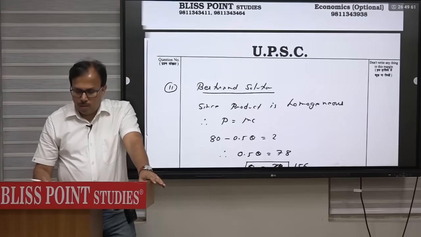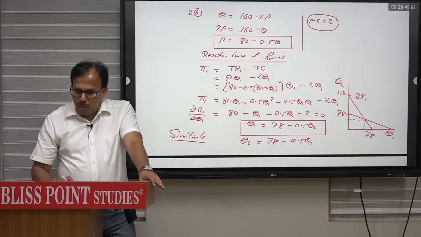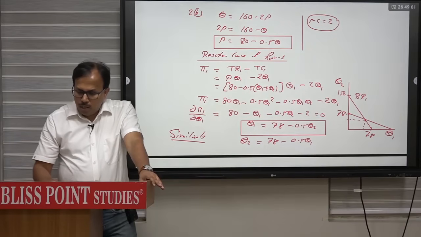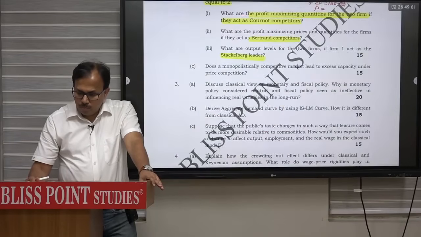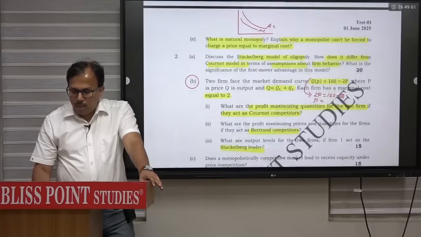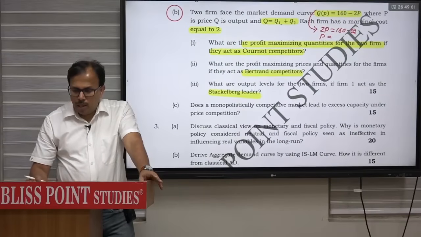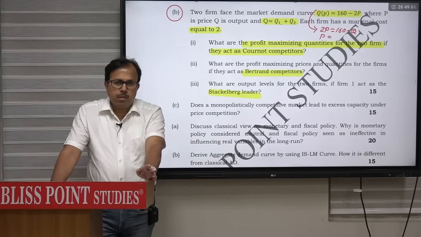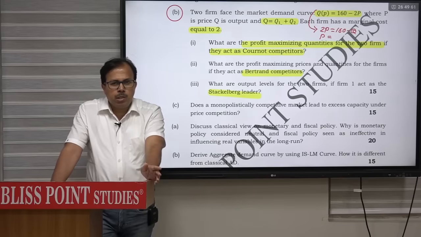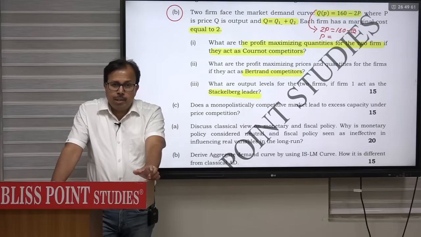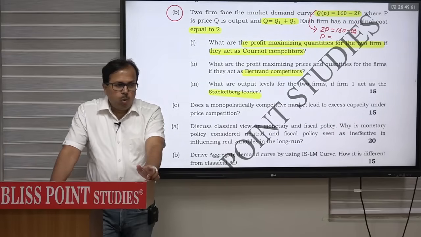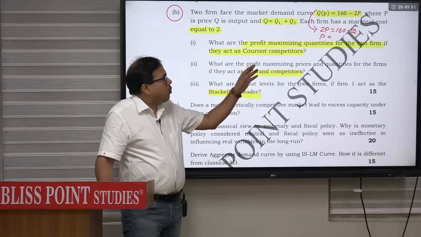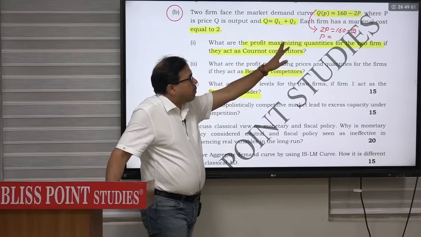तो this is one part. Now one part is clear, सेकंड पार्ट ऑफ द क्वेश्चन was what is Bertrand solution. अब बर्टन सॉल्यूशन में क्या ध्यान रखना है, बर्टन में अगर प्रोडक्ट होमोजेनस है, और पता कैसे चलेगा होमोजेनस है? If you are adding the quantity of first firm and second firm, you can add quantity only when it is homogeneous. So if you say that Q is basically Q1 plus Q2, अगर ये लिख रहे हैं मतलब प्रोडक्ट होमोजेनस है,